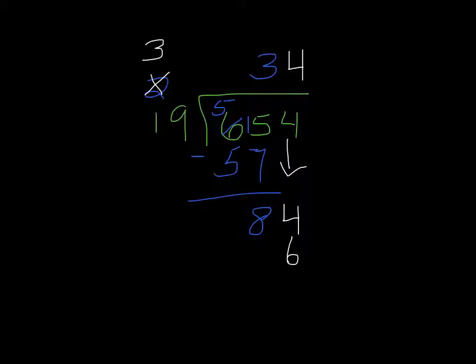4 times 1 is 4, plus my 3 that I carried is 7. 76. 84 minus 76, again I can borrow. 14 minus 6 is going to be 8. And once again, what we have left over, the remainder 8 is less than 19, so I know that 34 is my correct